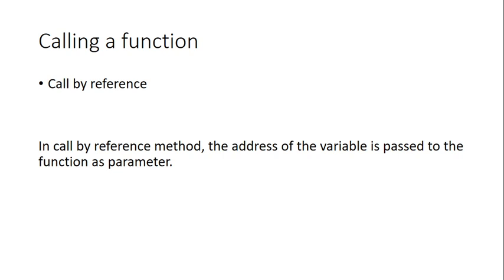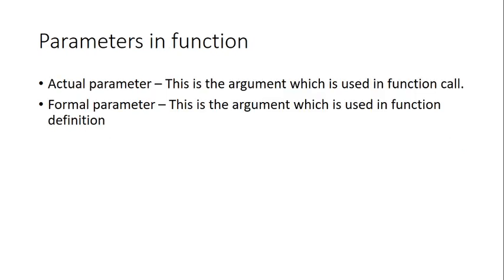Before understanding call by value and call by reference way to call a function, we have to understand the terminology of actual parameter and formal parameter. This is the argument which is used in function call, which is called as actual parameter. In the call by value way, it cannot change the value of actual parameter. While in call by reference, a formal parameter's value can affect the value of actual parameter inside the function. We will see the technique of calling a function by using one program of swapping today.